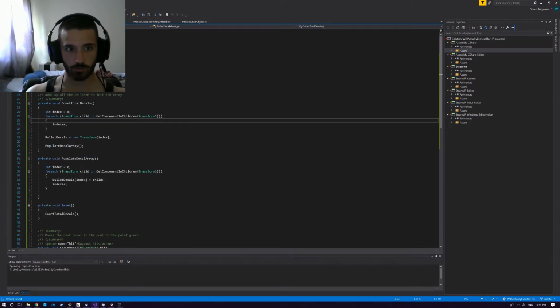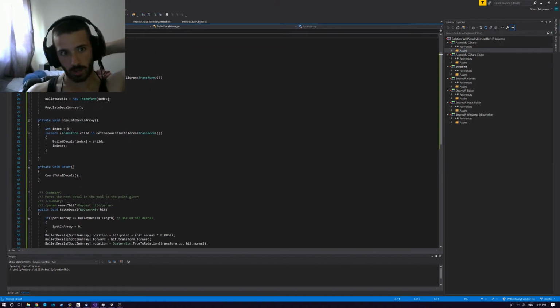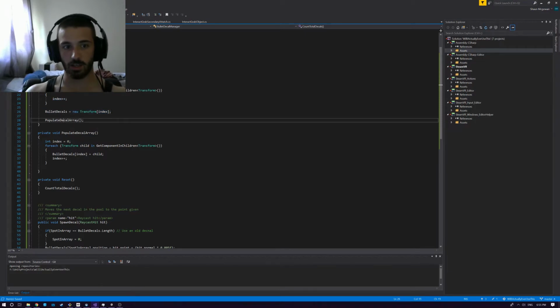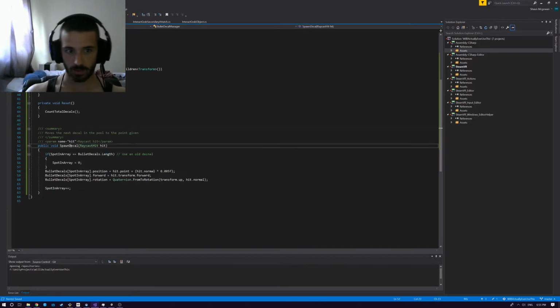Cool little trick that someone showed me is you can take these, so we make an array, and then I'll populate the array here. So I count how many children there are, then I set my index size to that, and I set the array to the index size. And then from there, I can populate the array and add each one to the array. And I put it in the reset function, mainly because if we use a different kind of decal or a different weapon, we can do this again, make 1 billion children, hit reset, and it does it all for us. Then I just wrote this function here.